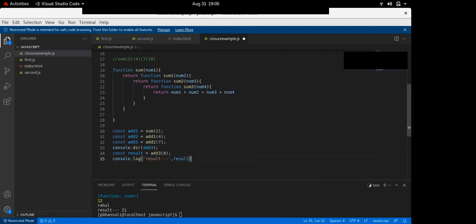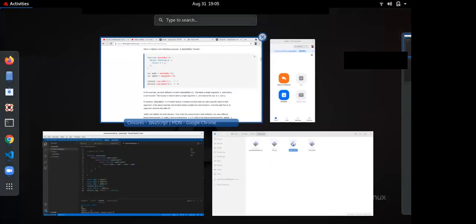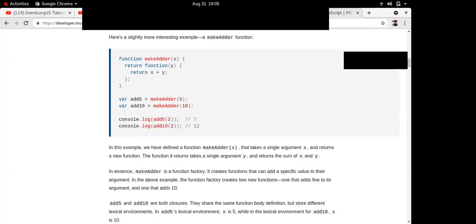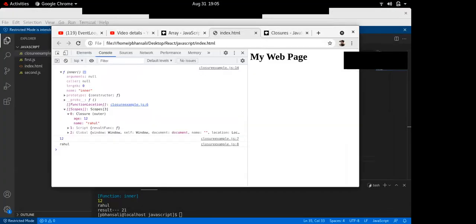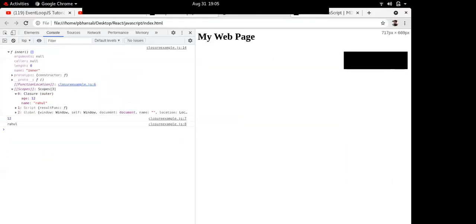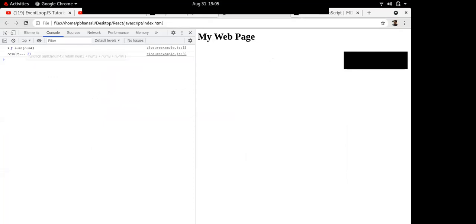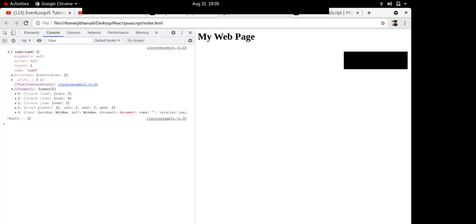See, this is a little bit complicated topic. That's why I'm saying again, if you are facing any issues, you can stop me at that moment, because this is very important for you to understand. So let me refresh it. You can see result is 21. And when I open this function and the scopes, you can see a lot of closures.